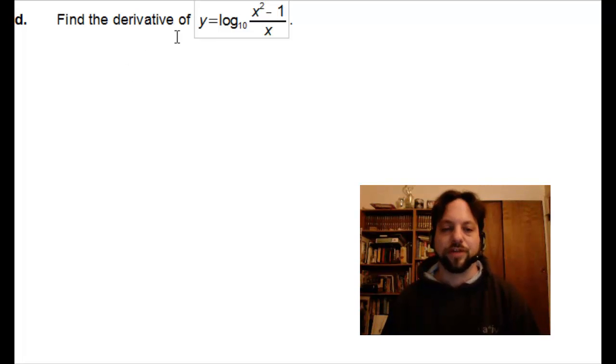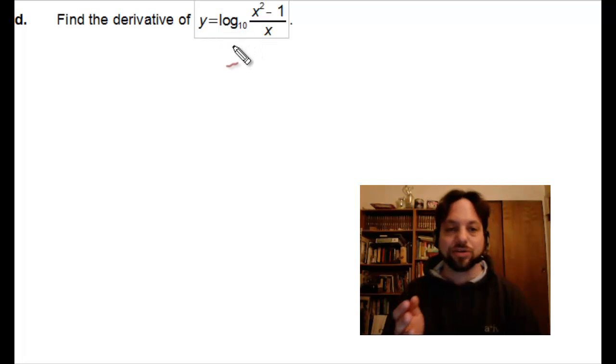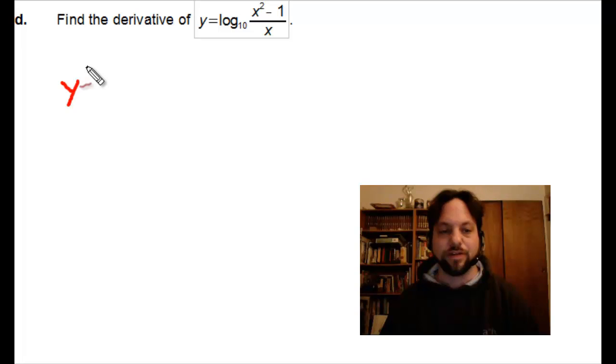So here we go. We want to find the derivative of this logarithm function here, and this is a log base 10. So it's a pretty standard logarithm, but we still need to deal with this base and all that good stuff. So let's see what this one's going to look like. To do the derivative, we'll have y prime equals, and according to our formula, we'll have 1 divided by, remember,